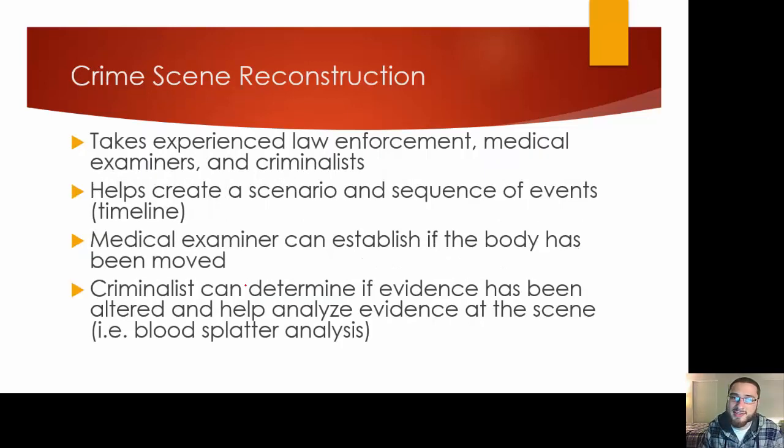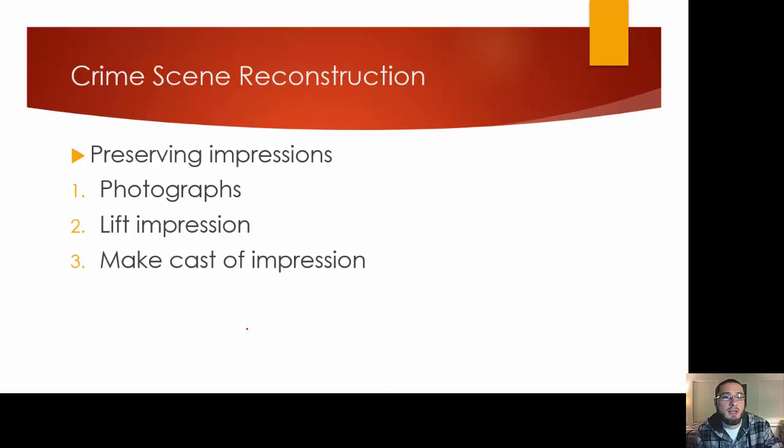So crime scene reconstruction takes experienced law enforcement, medical examiners, and criminalists. Crime scene investigators help create a scenario and a sequence of events or a timeline. That's where we talk about reconstructing our crime scene. A medical examiner can establish if the body has been moved. Criminalists can determine if evidence has been altered and help analyze evidence at the scene, such as blood splatter analysis,